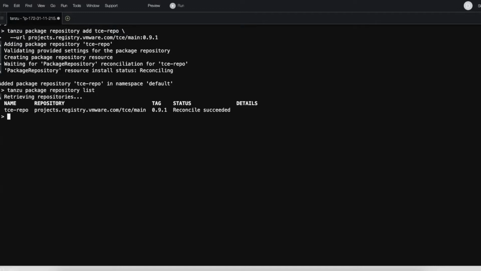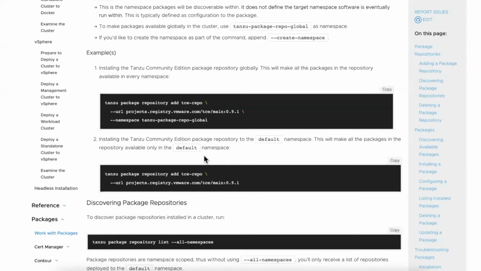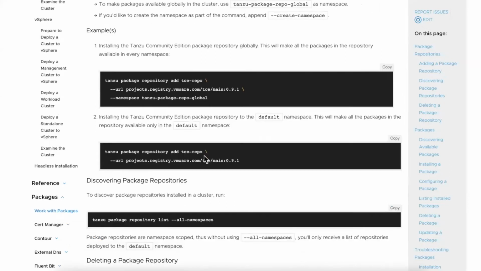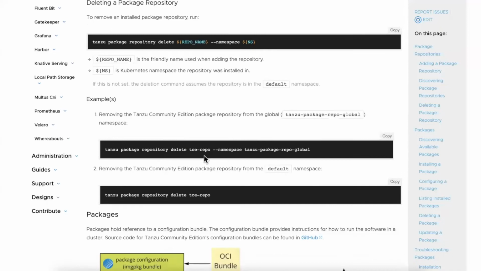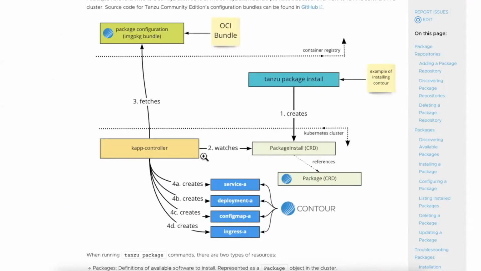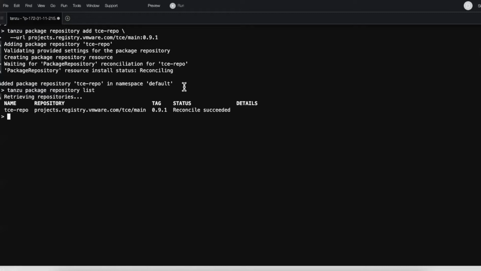Now, if I go ahead and list the packages available in this particular repository, there is a command to list the packages, and I can simply run it. Let me just find it. So it is tanzu package available list in a particular namespace, and I have added the package repository in the default namespace.